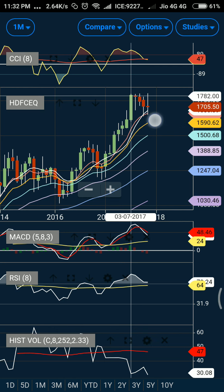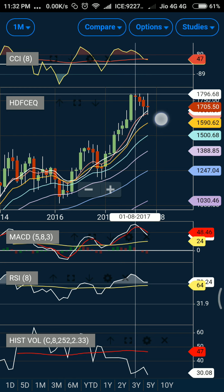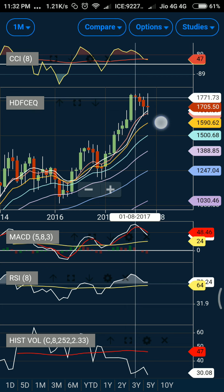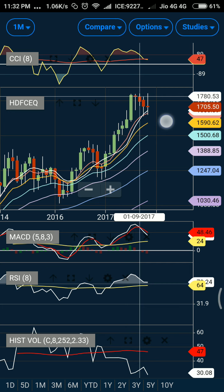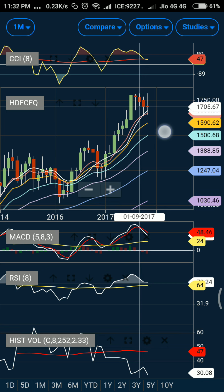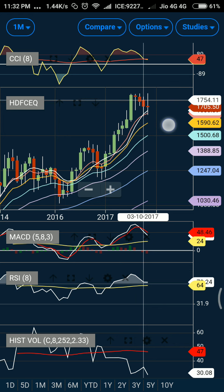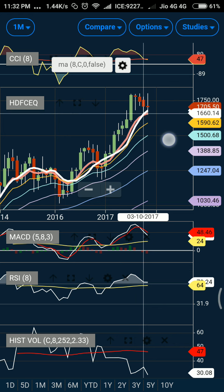Here you can see that the stock went up. This month was quite good. The stock went up, faced some sort of resistance. Next month, you can see that it did try to break on the higher side, came below, but again received some sort of support, rejection of lower prices, so that was again bullish. Finally, the stock opened on a higher side, again closed on a lower side. However, it did not go much down, and you can see the high-low formation getting formed, but the resistance wall was still intact. Finally, the stock opened lower, came down, tested its 8 days exponential moving average, received a